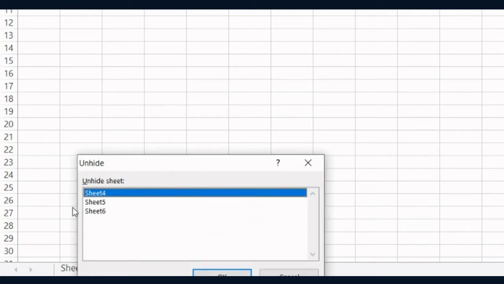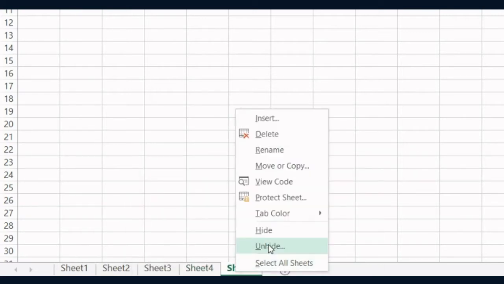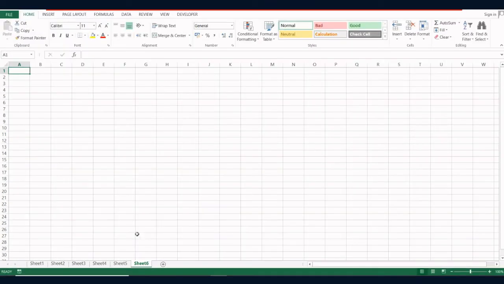You will see that all the sheets that are hidden will be listed here, and unfortunately we cannot select multiple sheets by pressing any key on the keyboard or by selecting with the mouse. So you need to unhide these sheets one by one. And you can imagine that if I have multiple sheets, say 20 sheets to unhide, it will take a lot of time. If this is something you need often, it makes sense to have an icon for it right here. When you click on it, it will unhide all the sheets of your active workbook.